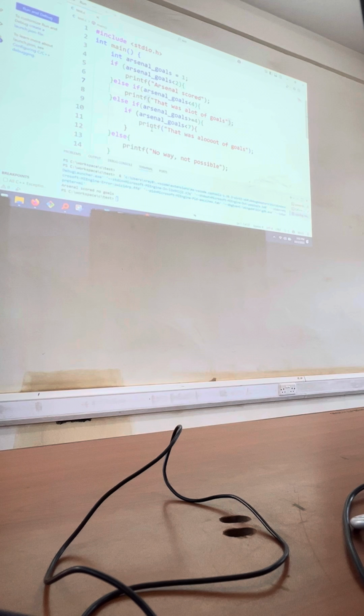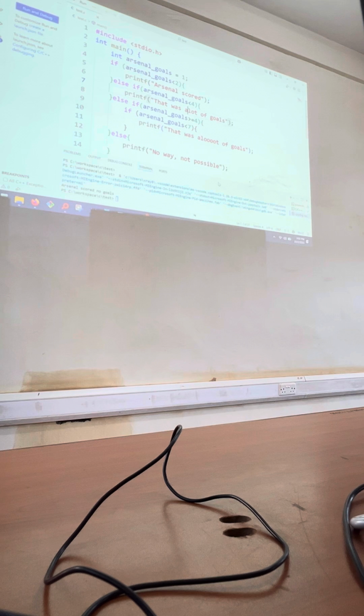And also, as you're going to see, sometimes we don't only check one situation. You can see here we checked if Arsenal's goals are greater than or equal to 4. And then within that if statement, we check if the goals are less than 7.